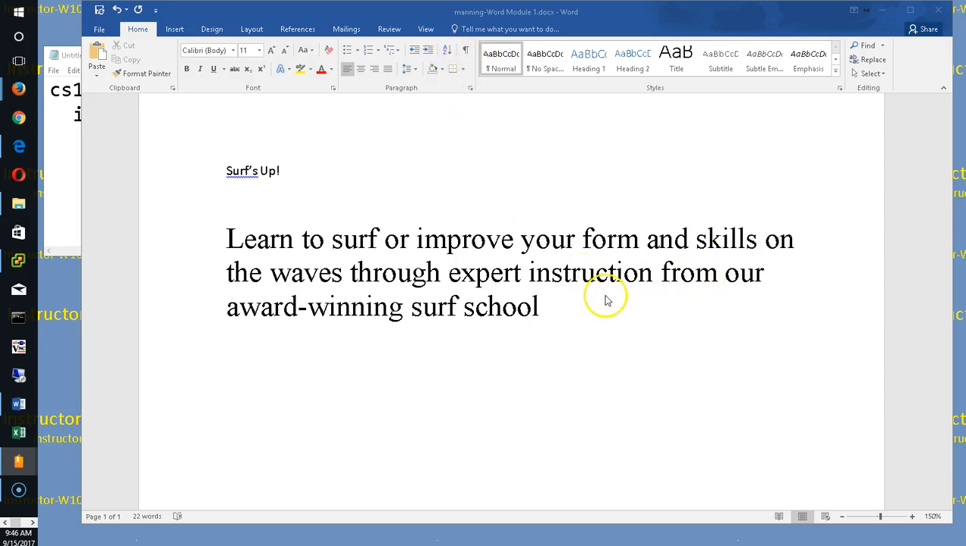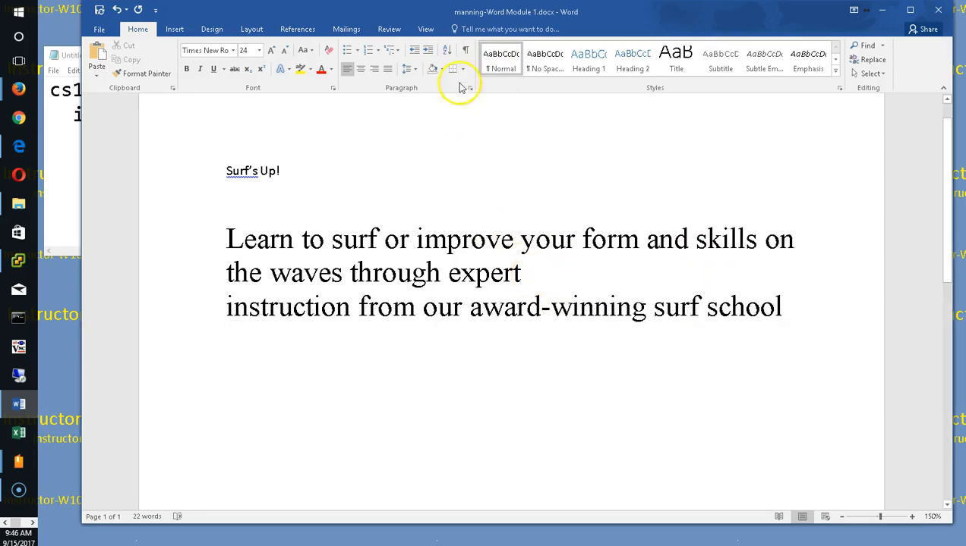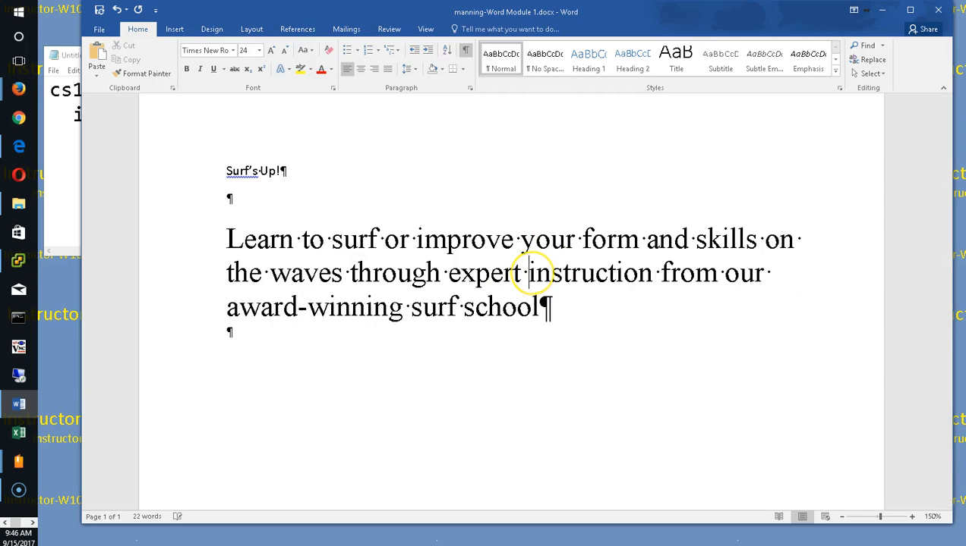If you want to force a new line at any point, I can hit Shift-Enter and force it to start a new line without starting a new paragraph. Instead of a paragraph mark, I see a little arrow, and I can undo that. Remember, you can always undo with Control-Z